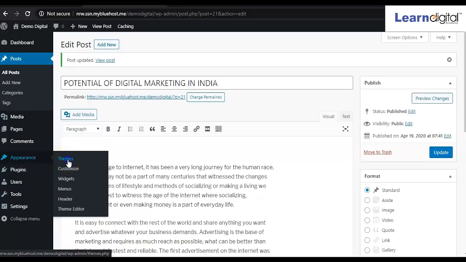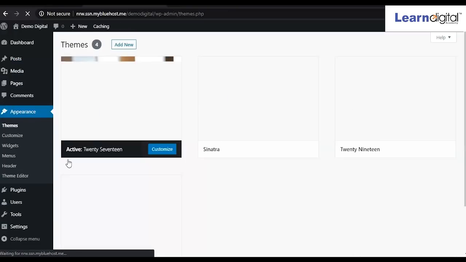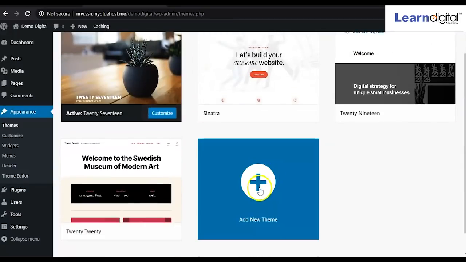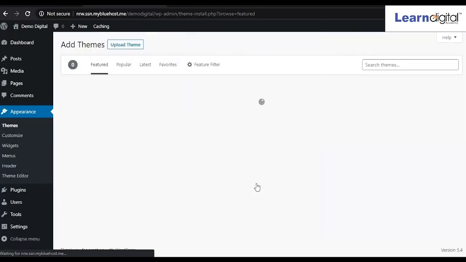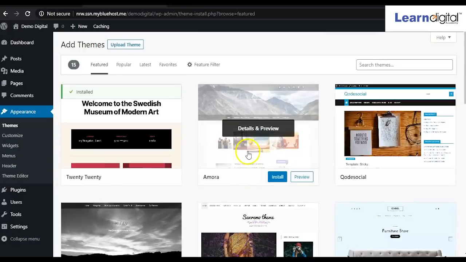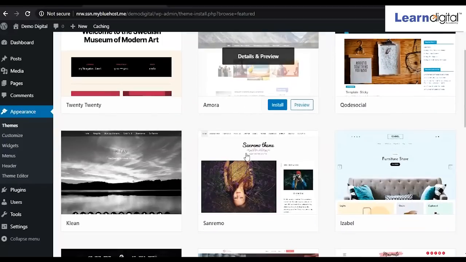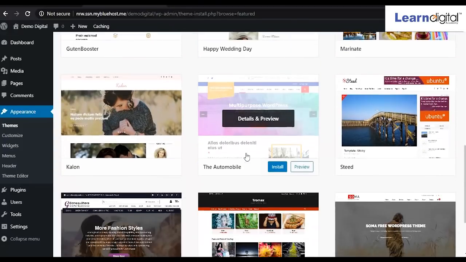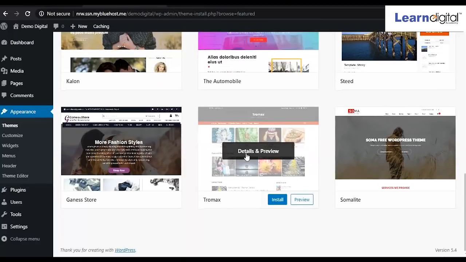As I told, if you want to change the theme, click on the theme option. Here by default four themes are there. If you want to add any new theme, click on add new theme. Here you can see a number of themes, right? According to your need you can select the theme, right?